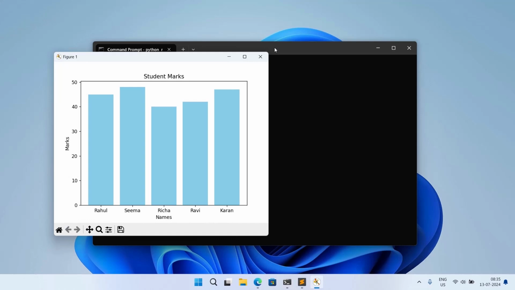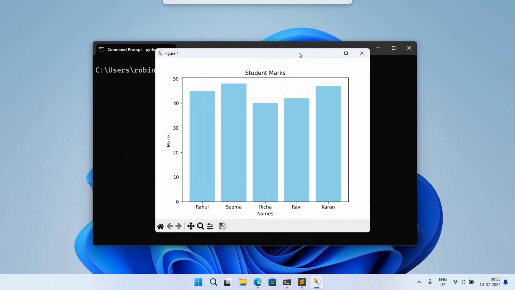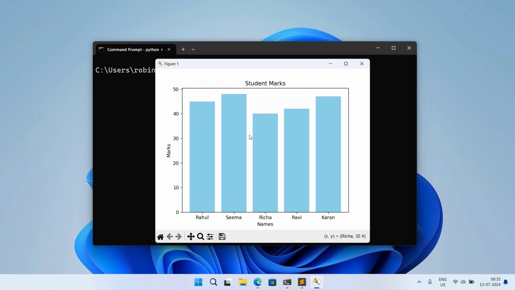and we press enter, and you can see now that this chart is being displayed, and you can also see the color of the bars, sky blue. So that's all in this class. I hope you have understood how to solve this Python program that appeared in Robotics and AI